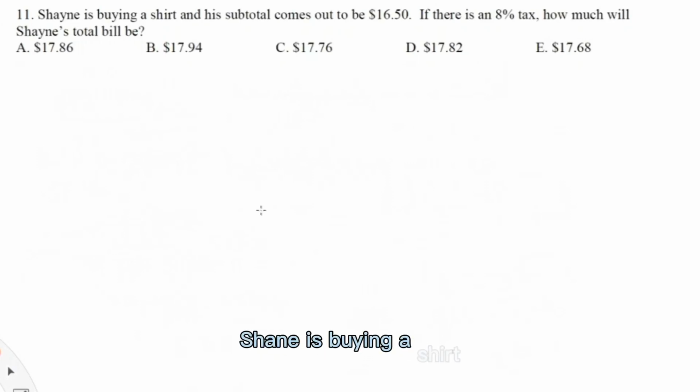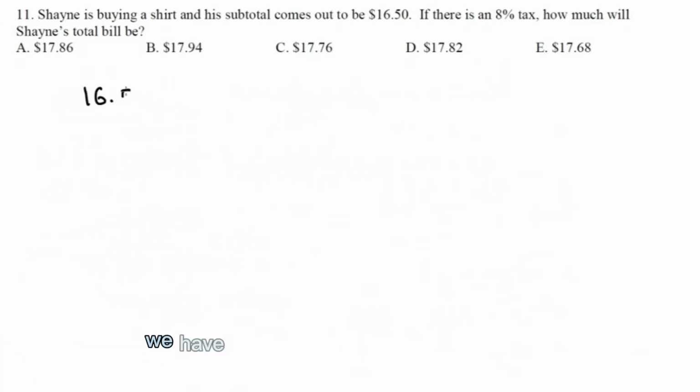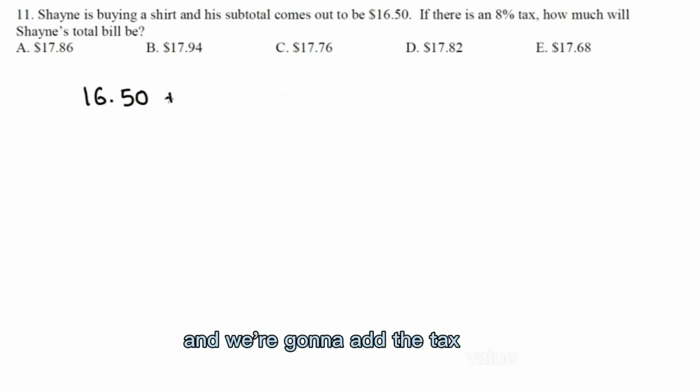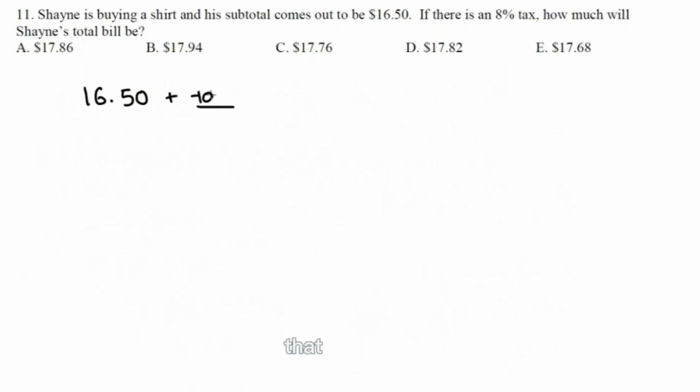Shane is buying a shirt and his subtotal comes out to be $16.50. If there's an 8% tax, how much will Shane's total bill be? Alright, so the way we're going to approach this problem is we have the $16.50 and we're going to add the tax value. And in this case, that tax value is equal to 8% of these